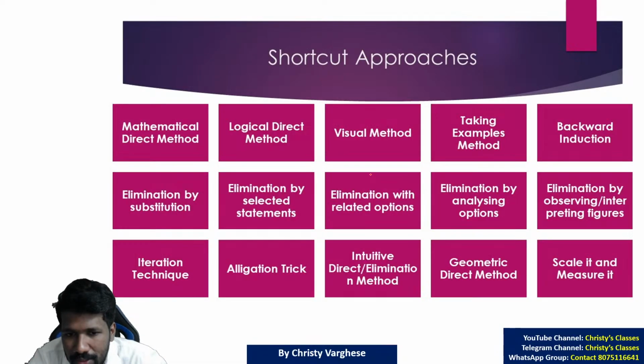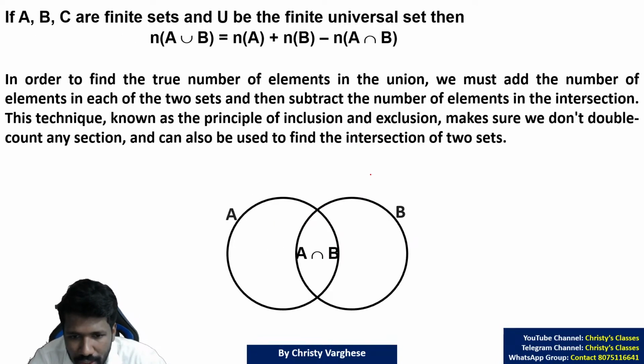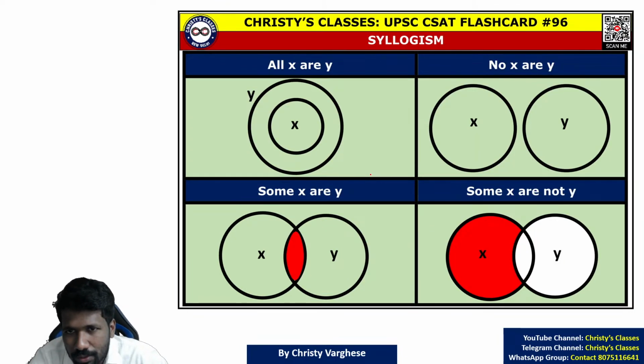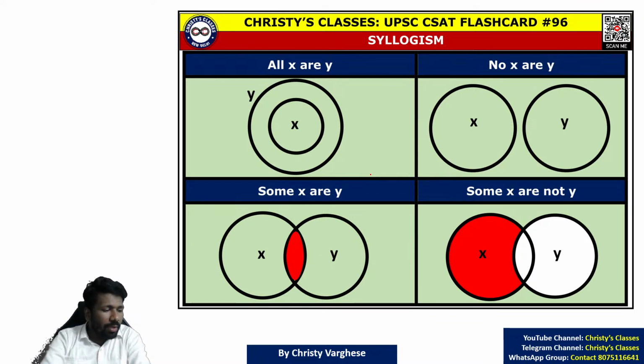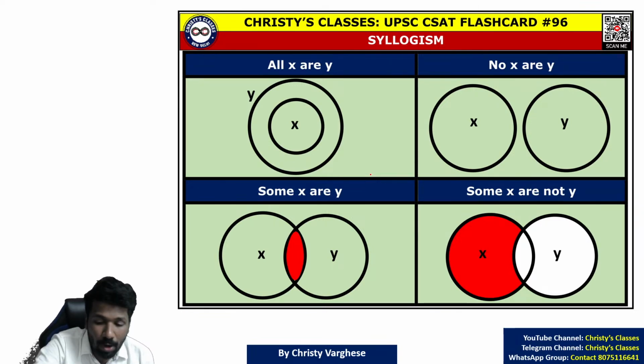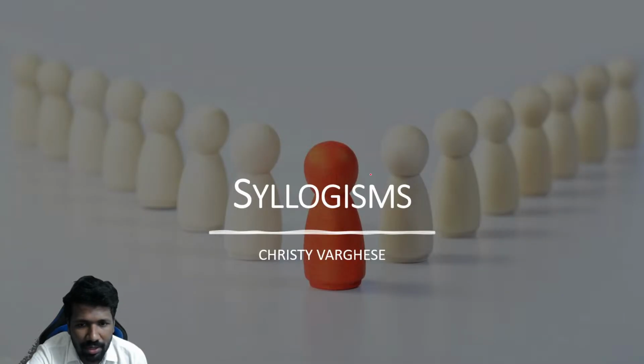Okay, so syllogism, or logical syllogism. In the Venn diagram chapter, I told you what is intersection, what is union and all. Now, those things will be useful here also to an extent. How, I will tell you. So, in syllogism, these are the 4 major things you should know. How to represent a Venn diagram for a syllogism statement, that is the most important thing. Before that, what is syllogism? Let me tell you. These are the 11 topics that we will be taking in the upcoming lectures.